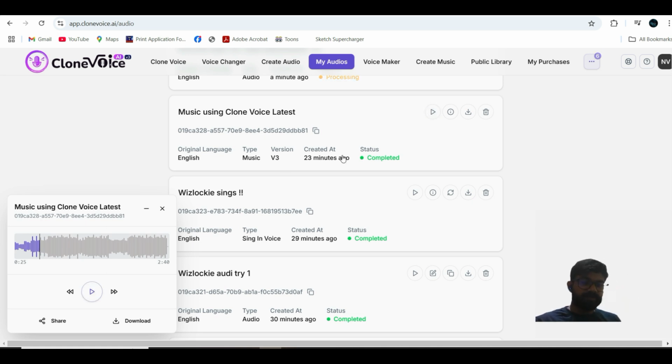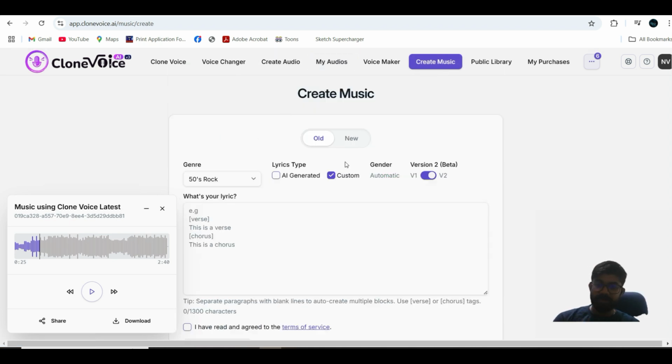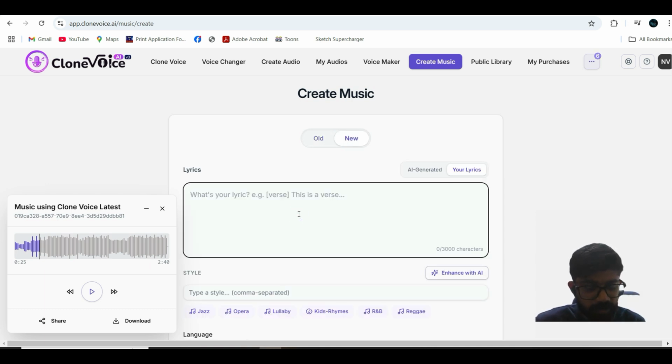That right there is a song created with Clone Voice AI. And how do you do that? It's really simple. Once you have Clone Voice, you just come to this section called Create Music, and you can see an interface like this. It shows old and new. Old is the older version, which lets you make some music, but it's quite basic. In the new version, you can copy and paste your lyrics,